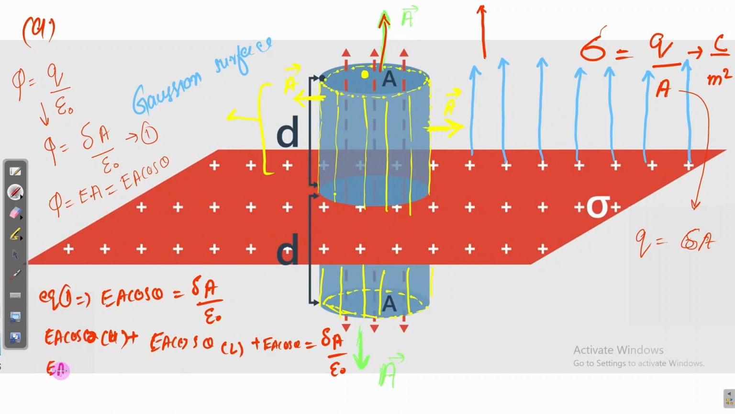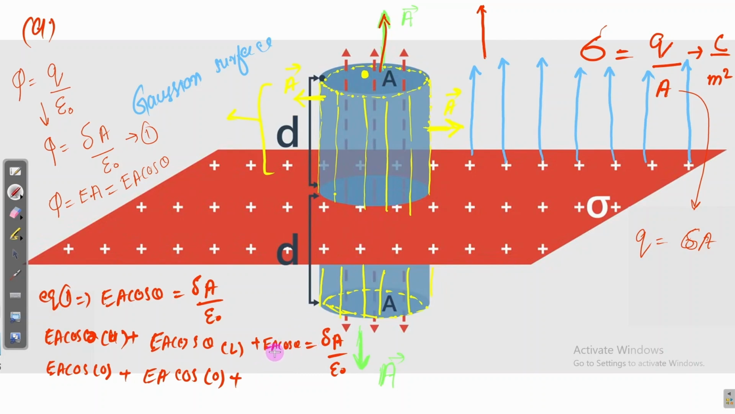So here I put EA cos 0, plus the EA cos theta from the lower side. At the lower side the direction of the area is in this direction, and the direction of the electric field line is also in the same direction. So the angle in the lower side is also 0. So instead of this we write EA cos 0, plus